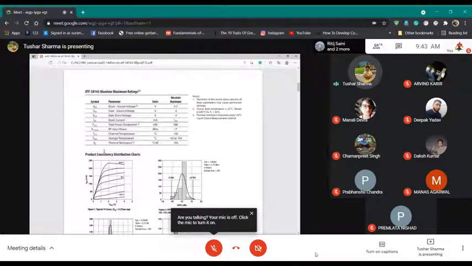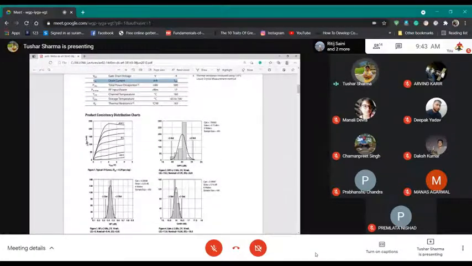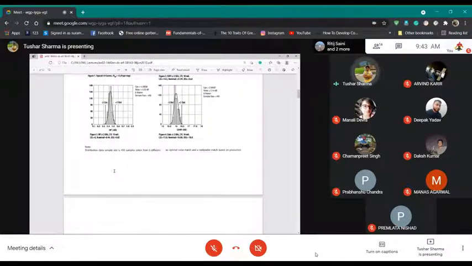Now if you go down, there are some ratings. It says VDS, drain to source 4.5, VGS, gate to source -4. So these are absolute maximum ratings. It means drain source voltage cannot go beyond 4.5. Gate to source voltage cannot go beyond -4. Okay. And then it says what is the maximum drain current, and then it shows different curves. It is showing here IDS as a function of VDS, right? So it is sweeping your voltage, and it is sweeping VGS, and it is plotting ID versus VGS, which we will do now.